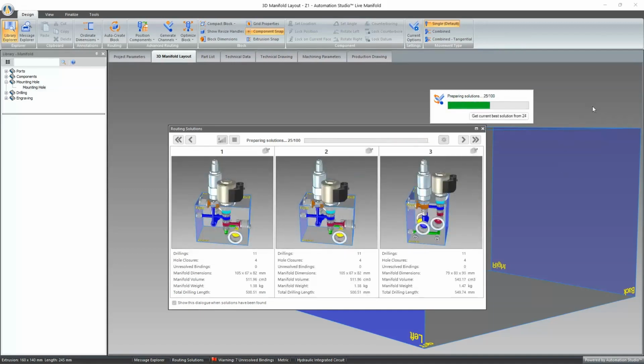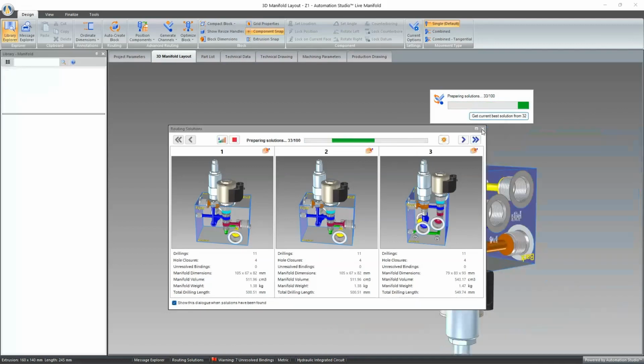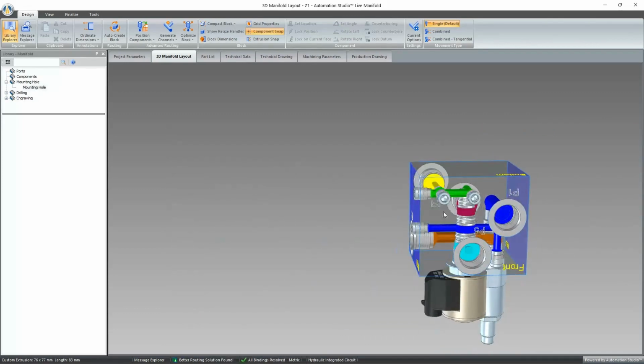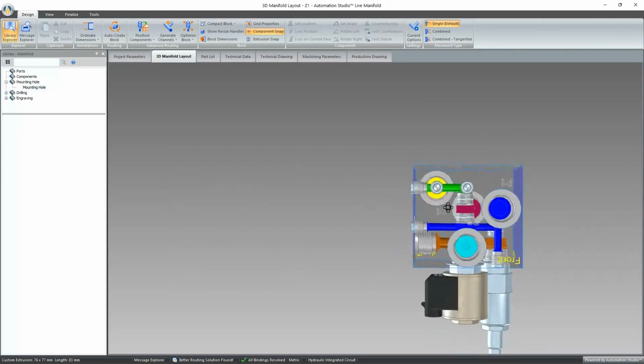Okay, there we go. We have some solutions created here. I'll take the current best solution at this moment, and let it keep searching in the background. Now if I go onto this front face over here, we have specific plugs that are